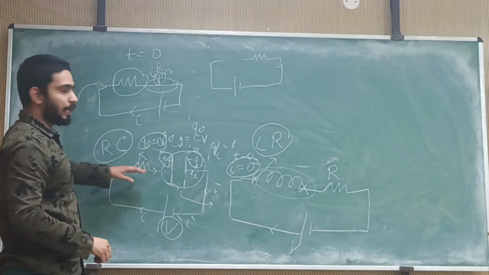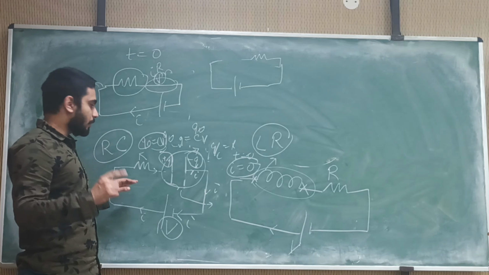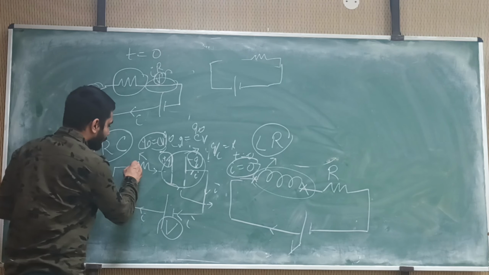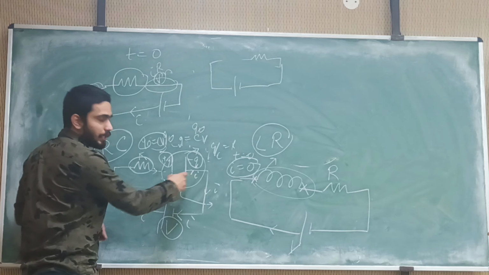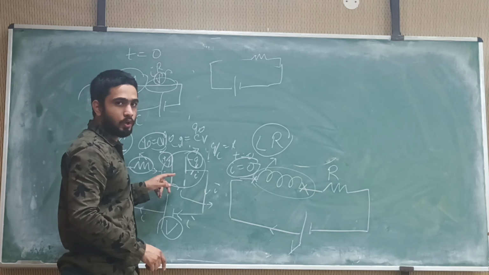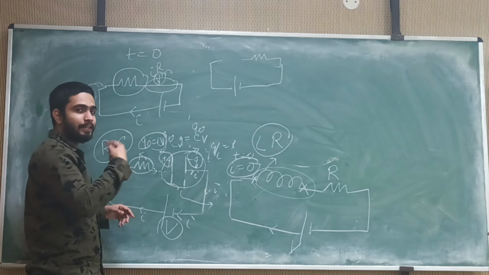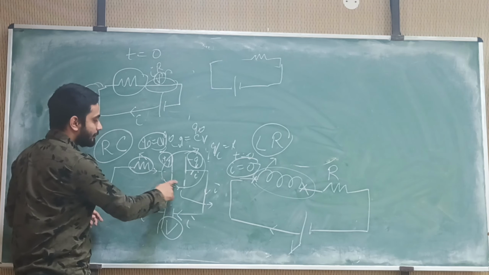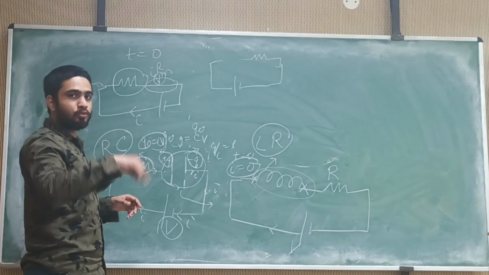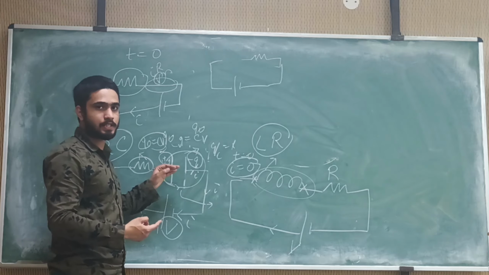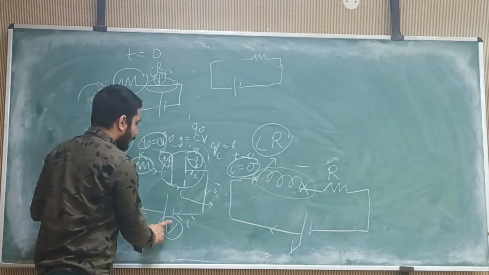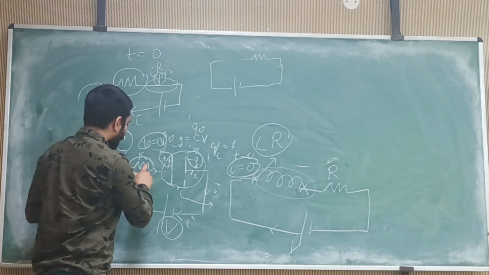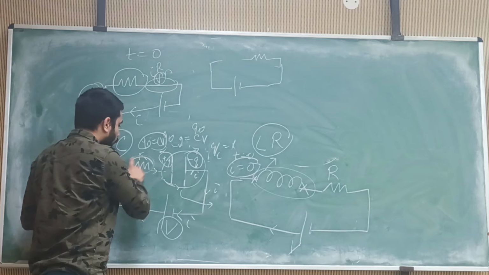Okay, in the case of series connection, how are this resistance and this capacitance connected? They are connected in series. So at any time t, the voltage V will be divided between this and this. But at time t equal to infinity, when it is fully charged, the whole voltage V will be across the capacitor. The voltage across the resistor will be equal to 0.